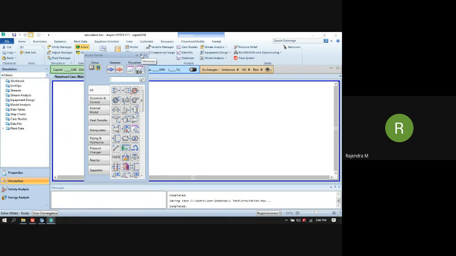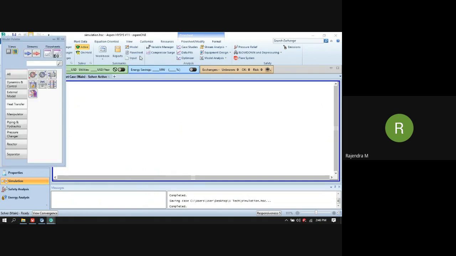If you would like, you can search over here for a particular unit operation like a distillation or a heat exchanger, or you can look at a particular palette and its description.